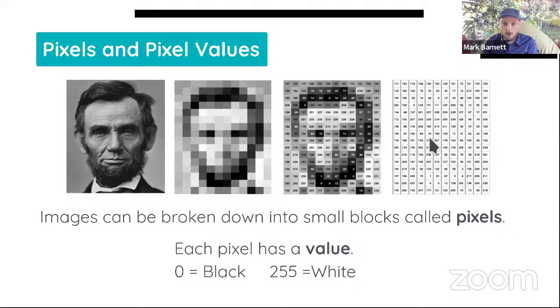Probably not. But the computer can tell that, especially if we tell it that this is Abraham Lincoln, and then we show it another picture of Abraham Lincoln later, it can analyze those two images to see if it's close or similar, or how different it is from the original image. So this is the first thing we have to understand about image recognition with machine learning: computers cannot see images. It has to break the image down into numbers, which the computer can decipher, understand, and compute.